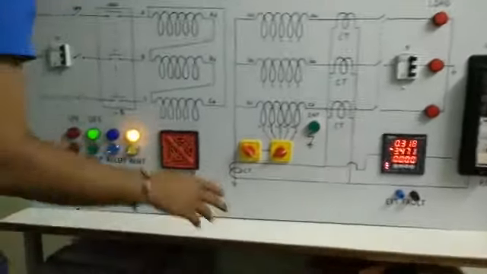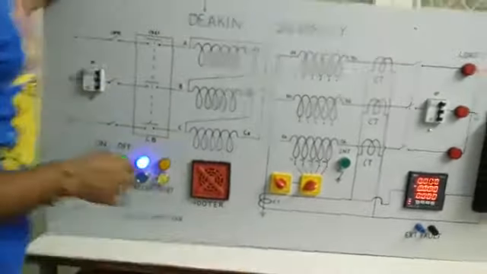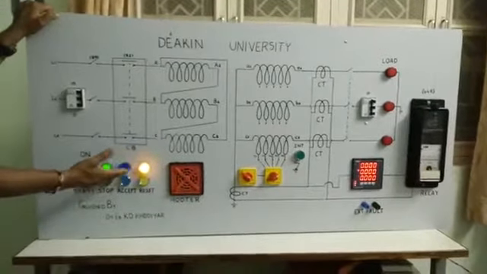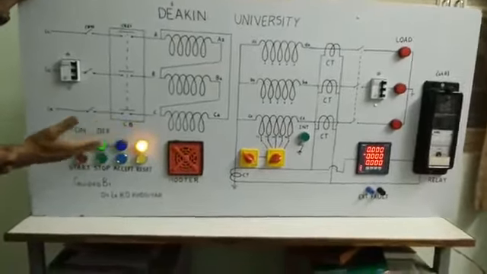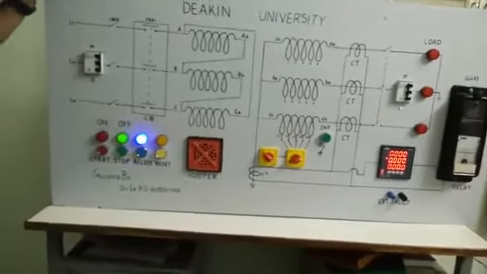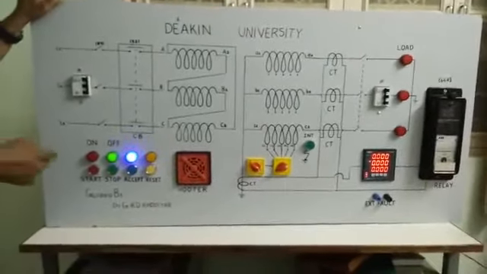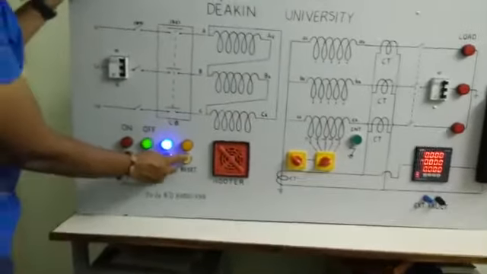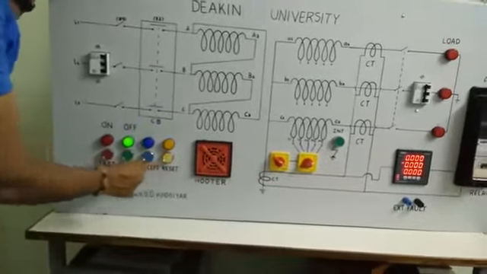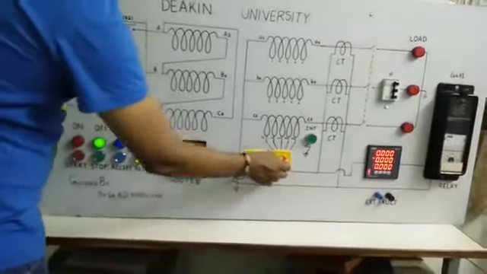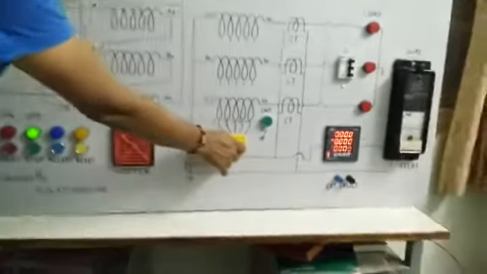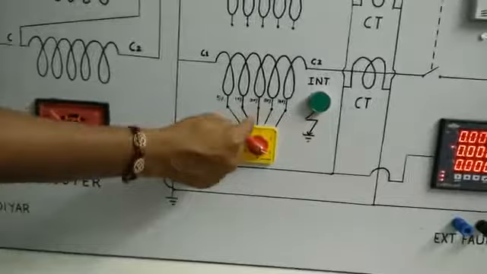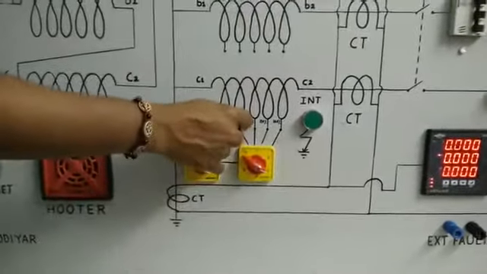So this is how the fault has generated, and you can see the meter and even the visual effect, so that we will be able to see the fault. Now we will stop the fault, and now we will select 20%. So now the 20% of the winding is selected, and now